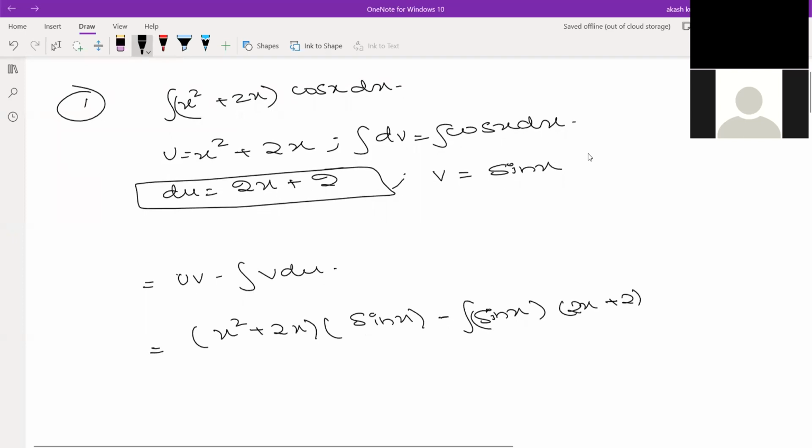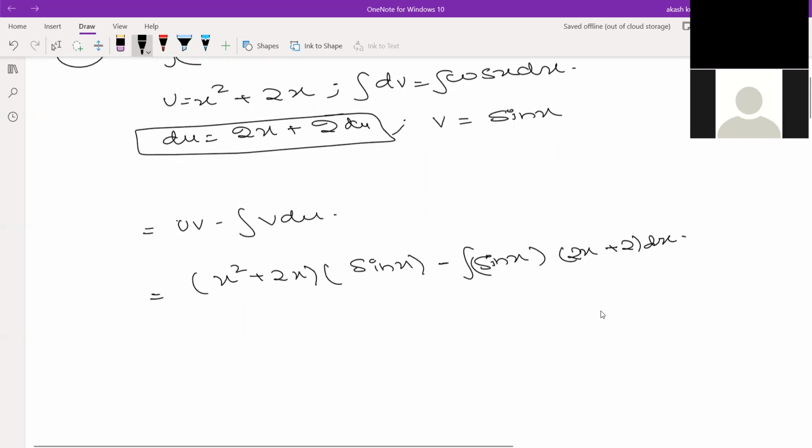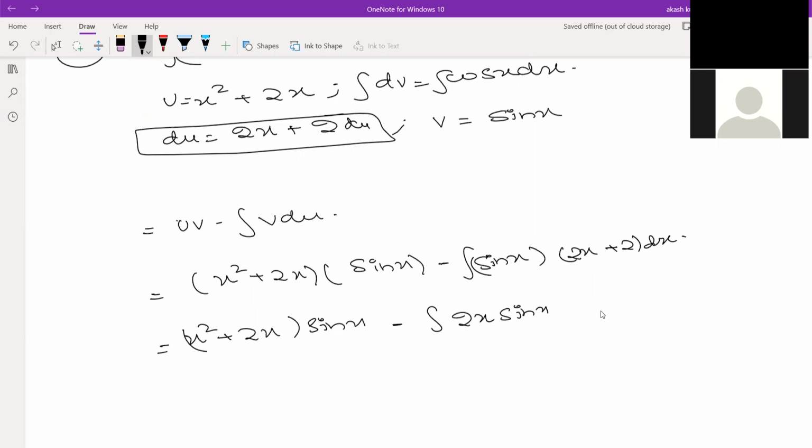This will be x squared plus 2x sin x minus the integral of 2x sin x, because I'm multiplying this with sin x, so it becomes 2x sin x plus 2